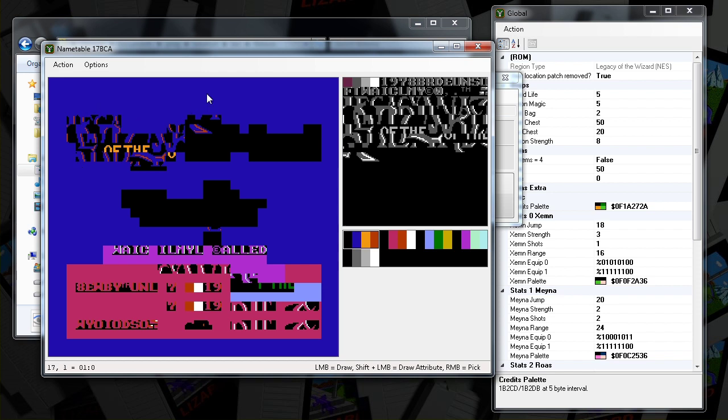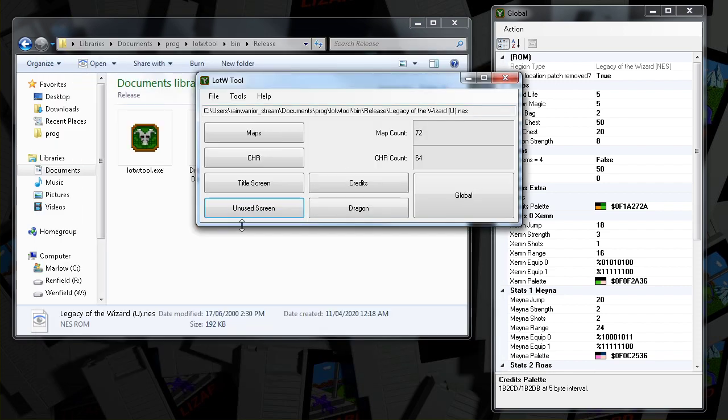If this is interesting to you, you can puzzle through the data. Maybe you can make up your own CHR that works for this and restores the original idea for a title screen, but that's a speculative project that I'm not going to undertake myself. So it's just here if you're curious. You can edit it, but it won't change anything because it's not actually used by the game.